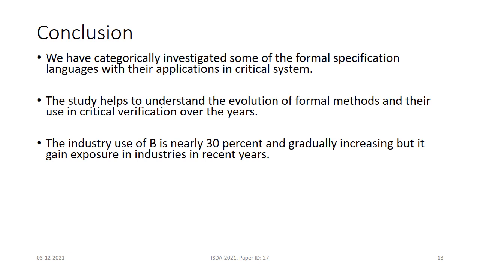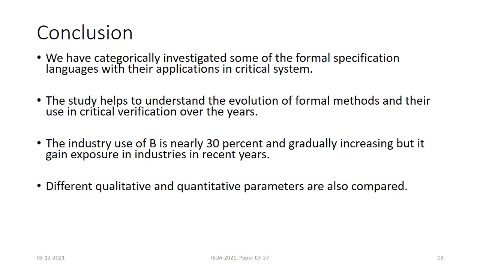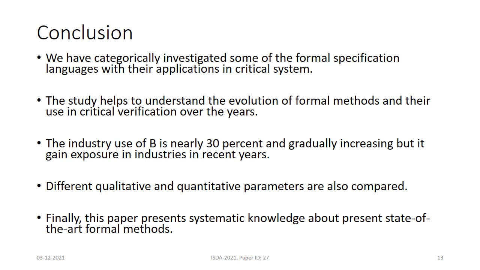The industry use of B is nearly 30% and gradually increasing, but it gained exposure in industries in recent years. Different qualitative and quantitative parameters are also compared in our paper. Finally, this paper presents systematic knowledge about the present state of the art formal methods,